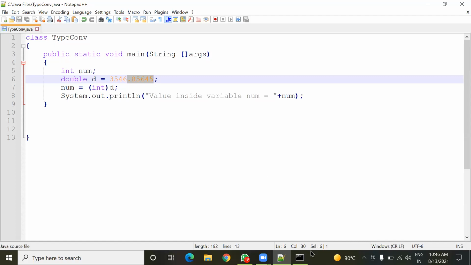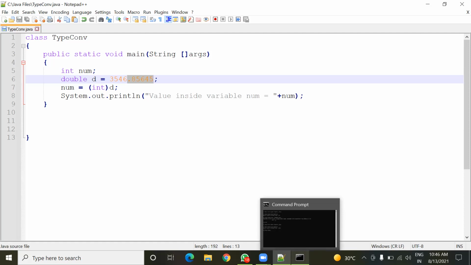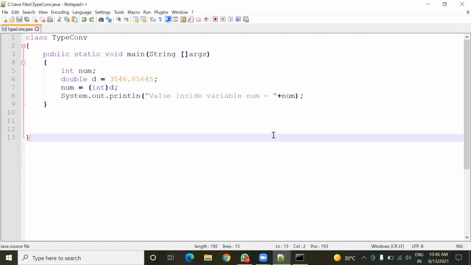So we'll use this type conversion, especially explicit type conversion, carefully. Now understood everyone? Any question? No question, sir.